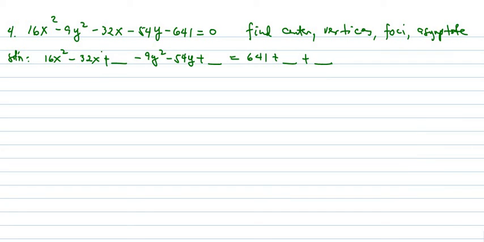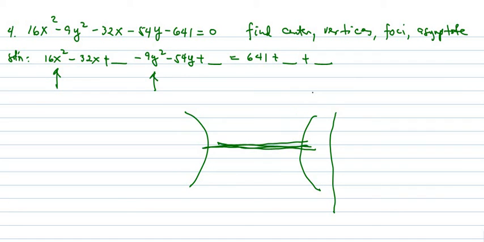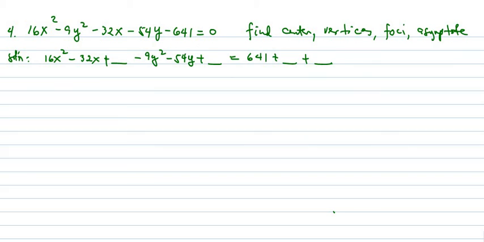Now, how will you know that the transverse axis of the hyperbola is horizontal or vertical? If you look at this one, your x is positive. Your y is negative, minus 9y squared. That means since x is positive, our transverse axis is along the x-axis. So we expect to have this kind of hyperbola. Okay, so let me erase that one. Now, going back to our problem,